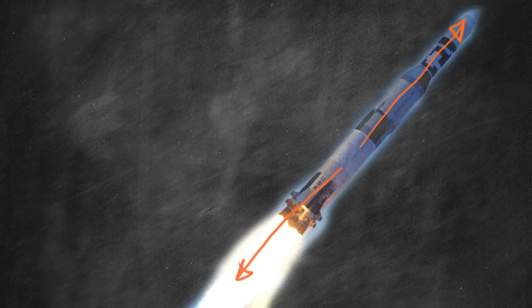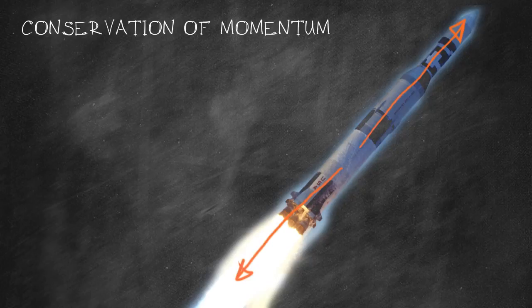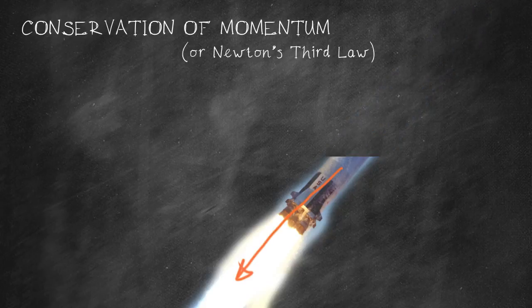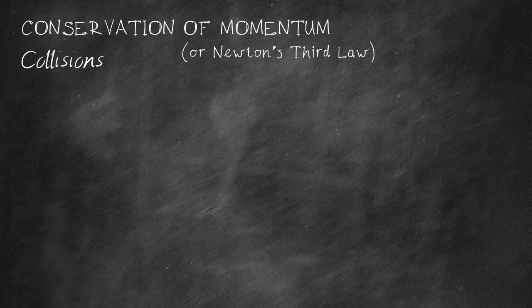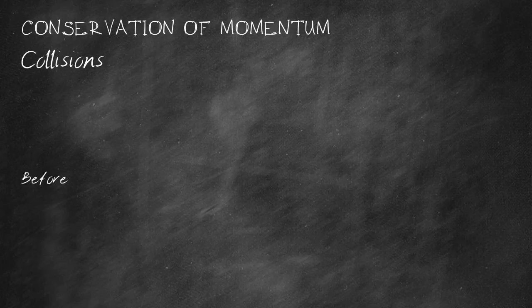So in this video we're going to talk about Newton's third law, which is often called the law of conservation of momentum. We're going to consider some examples of that, and we're going to start by considering collisions. Collisions, like every example of the law of conservation of momentum, involve considering the momentum before and the momentum afterwards. And it's a law of conservation, so that means that the momentum before is going to be equal to the